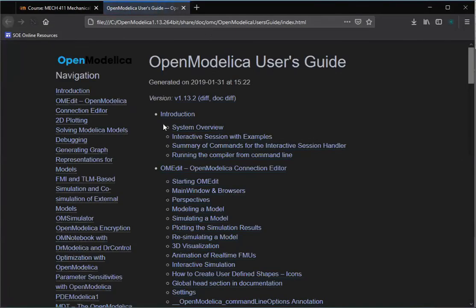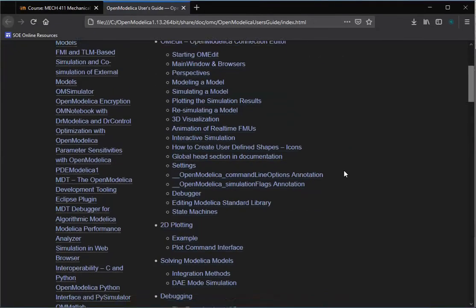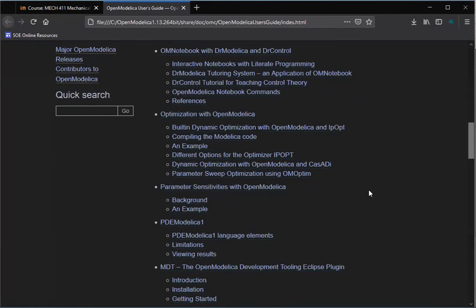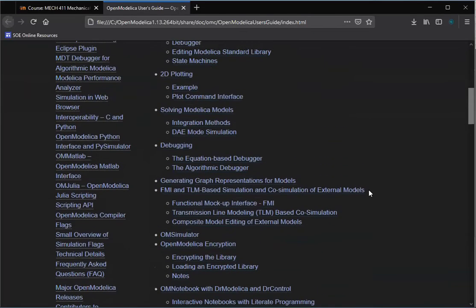If you click on that, it takes you to a website, and it has a more thorough explanation about different possibilities, different options in the software, different ways. You can even connect this to MATLAB. You can connect this to Python. You can see it has C and Python interpreter. It has some kind of a connection to MATLAB. It has a connection to the Julia programming language,